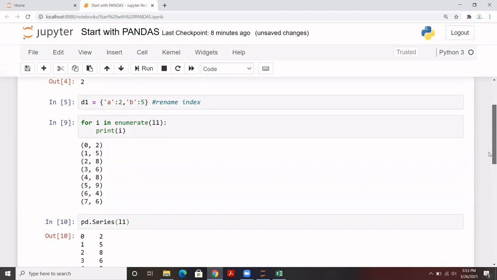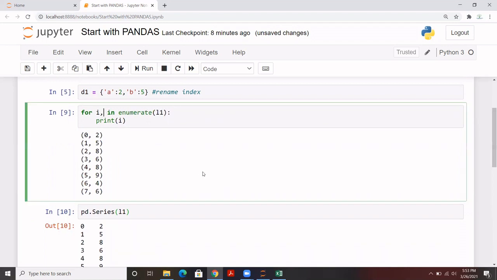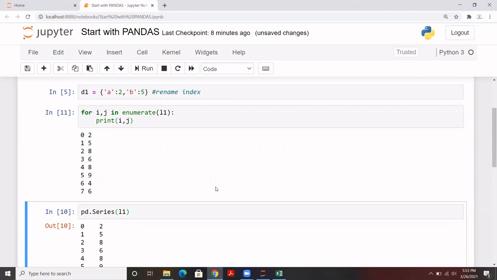This is here in series as well. Here we have to pass two variables to get that in a different variable. So the same thing we can do with series. Let's say you want to extract the index for any iterator. You can simply use a for loop with the enumerate method, or we can pass that directly into a series.